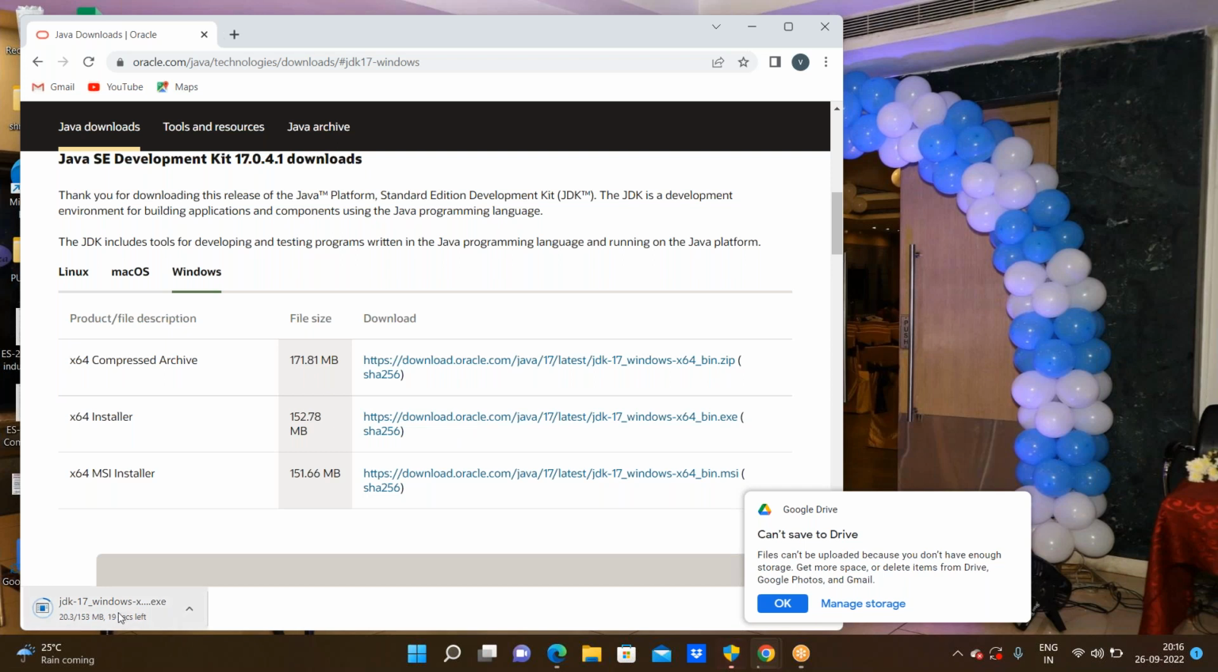Here we are downloading the JDK. Here we are downloading the JDK. Okay? And after downloading this JDK,